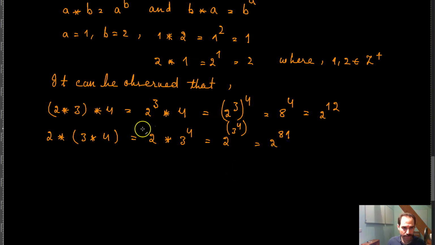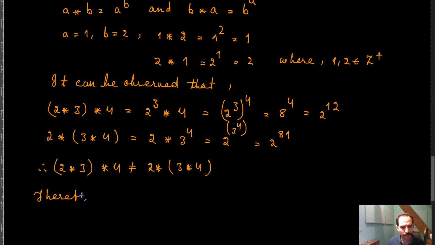And of course, then you can say that basically 2 star 3 star 4 is not the same thing as 2 star 3 star 4 grouped the other way, and therefore star is not